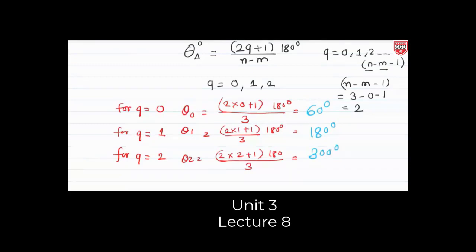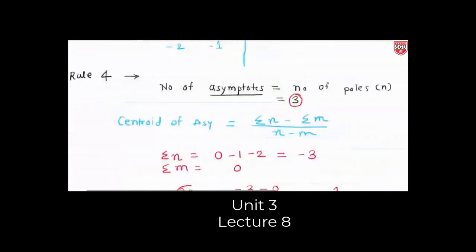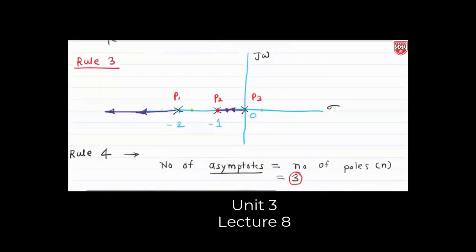And these asymptotes we have to draw on our graph. So how to draw? These will start from centroid 1. So one angle we got is 60 degree, correct? That 60 degree we have to draw, let's say dotted, with exact 60 degree. By measuring, by using a protractor, we have to draw a 60 degree line. So this is asymptote number 1.